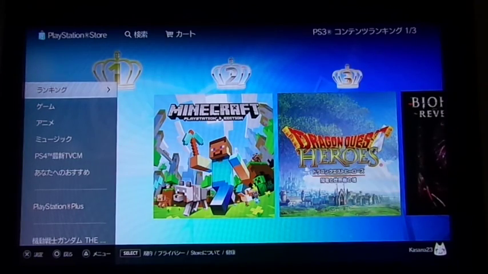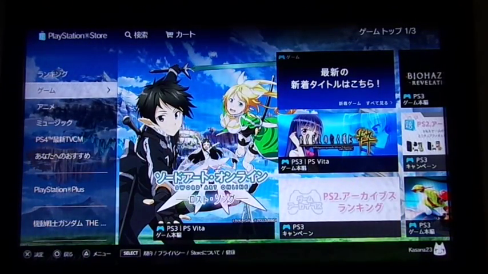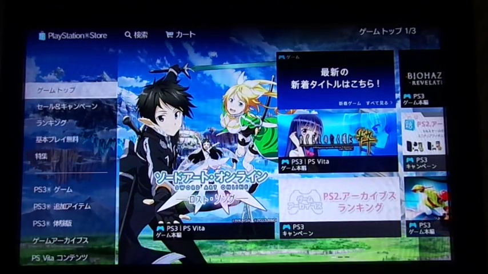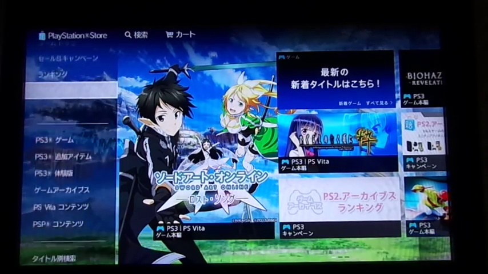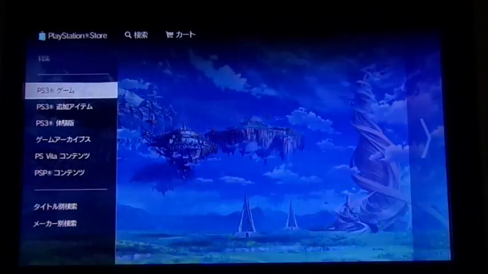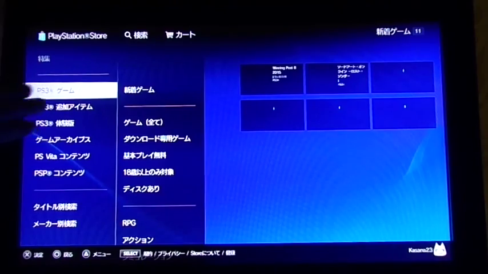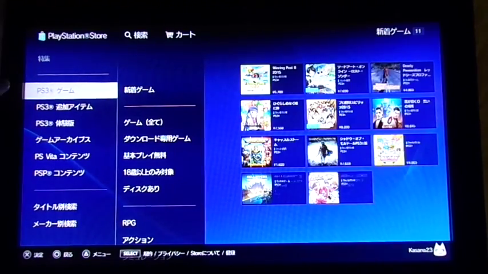So we're gonna just go to the category listing. Here you're gonna go to this option right over there, the second option at the top. You're gonna click with the right button on the D-pad. Then you're going to scroll down, not too far though, to the first one. There's three that say PlayStation 3 category listings, but you're going to click the first one that says PS3, and